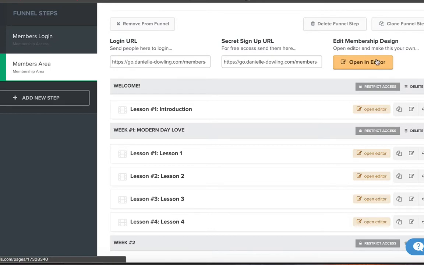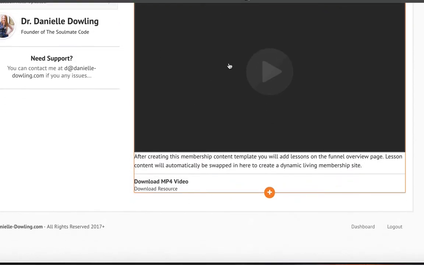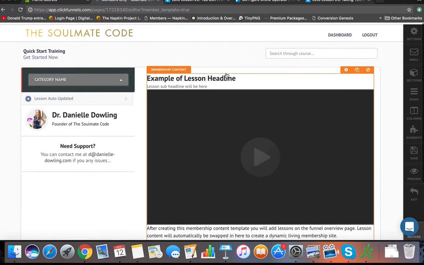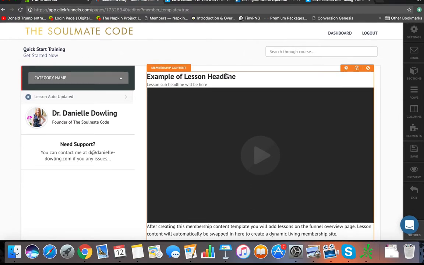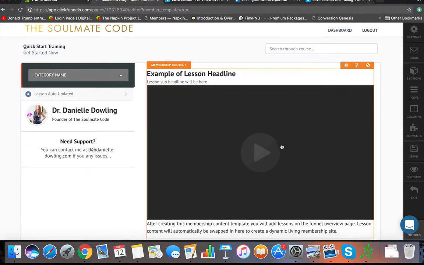If you go here to open in editor, the big yellow button, it's the only yellow button on here really. So click on there, and it's going to bring up kind of an outline. This is not the preview of what your members area is going to look like. I mean, it kind of looks like this for the most part, but this section over here is just kind